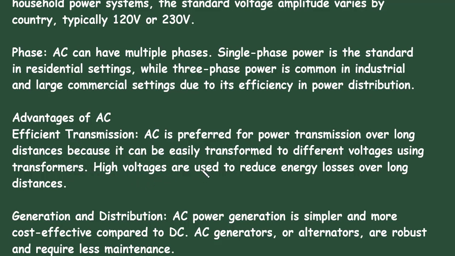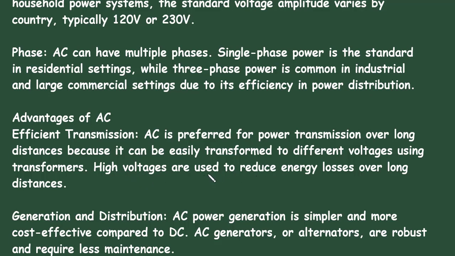High voltages are used to reduce energy losses over long distances. So we transmit AC using transformers and transmission lines. We increase the voltage and decrease the current, so by decreasing the current, we increase its efficiency and